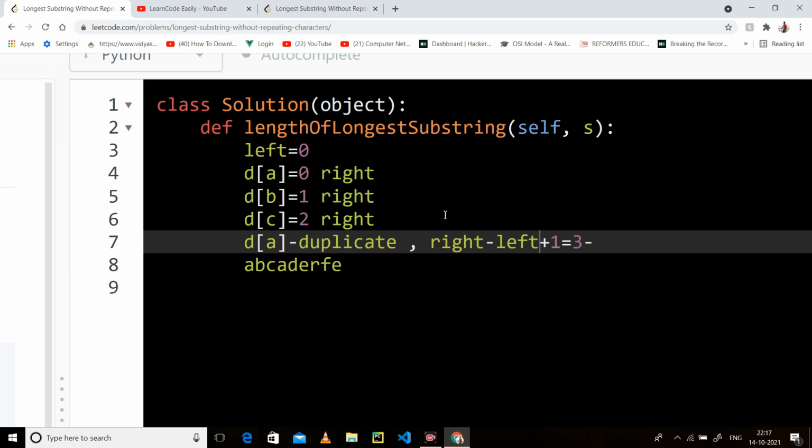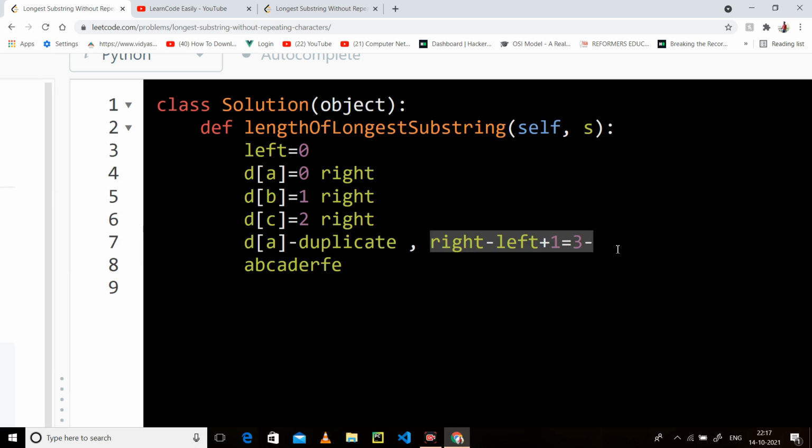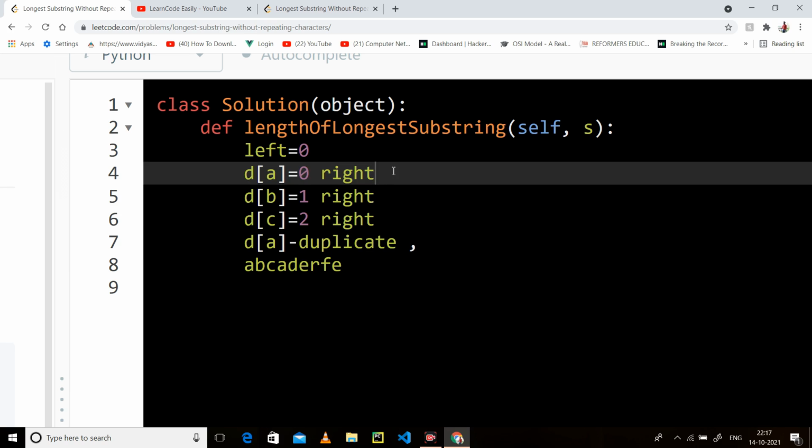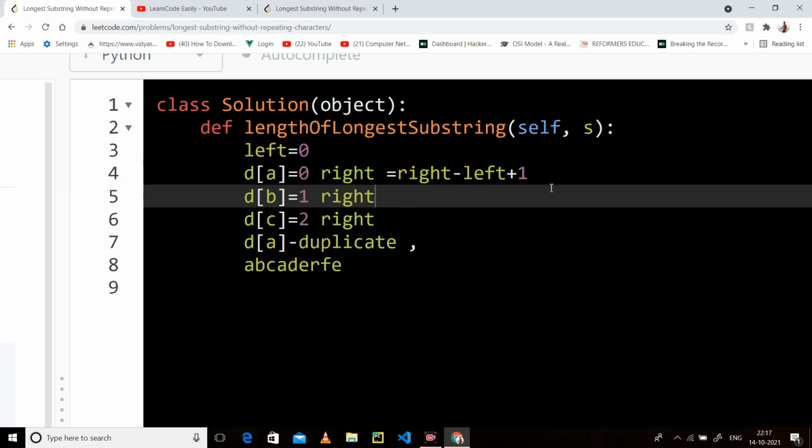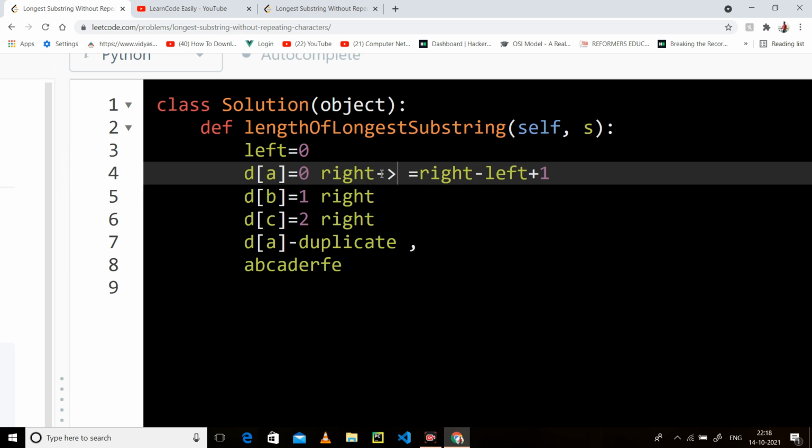Sorry, so every time we will calculate one value, that is right minus left plus 1. What is the meaning of that? Here your right is 0, so right is 0 minus 0 plus 1, that is 1.